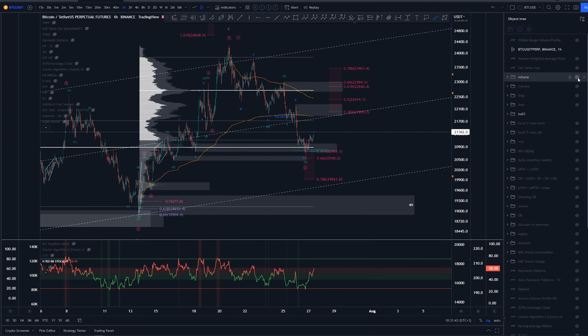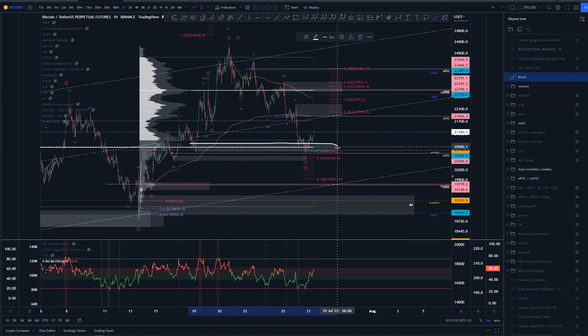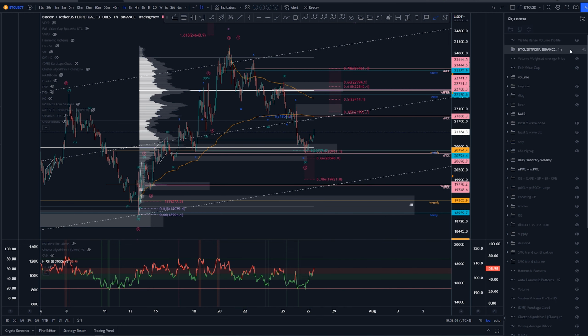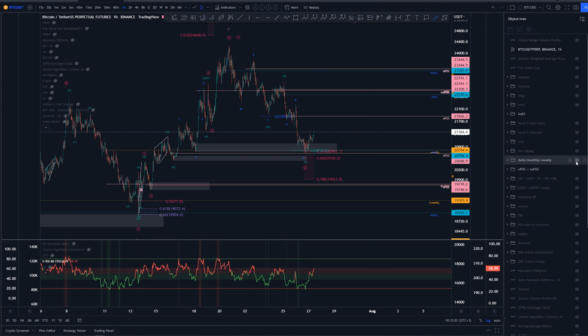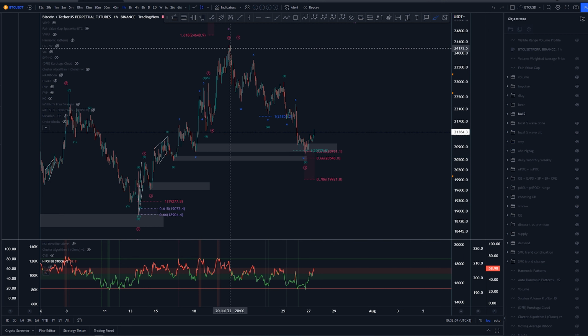these lows here. We had point of controls, we had negative point of controls, we had weeklies and dailies here. We had so much support here that it would be just super weird if you don't take that long. At least for me, it was clear as day that I'm long in this area here. We have 1-to-1 here,